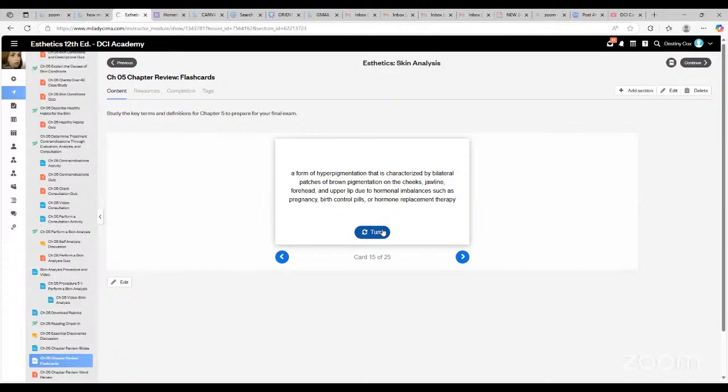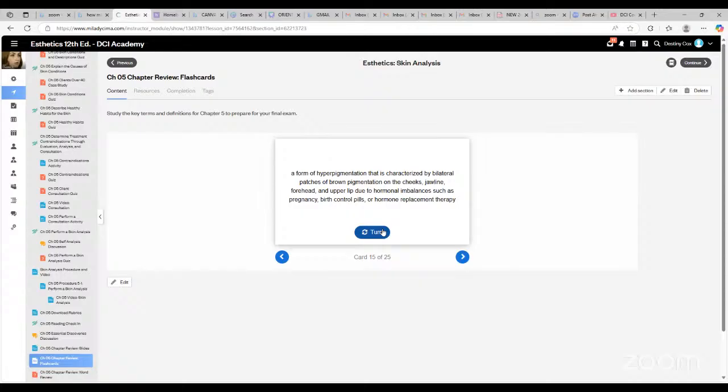Bilateral patches of brown pigmentation on the cheeks, jawline, forehead, upper lip due to hormonal imbalances, such as pregnancy, birth control, hormone replacement. So you can see melasma in clients with birth control. You can see melasma in clients who have PCOS or any hormone deficiencies. Okay, clients who are pregnant as well. And you can also see melasma, y'all, if a client has had sunburn